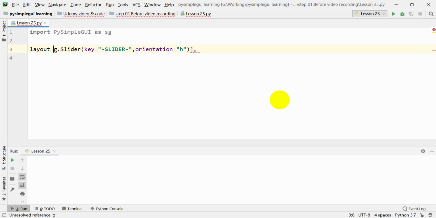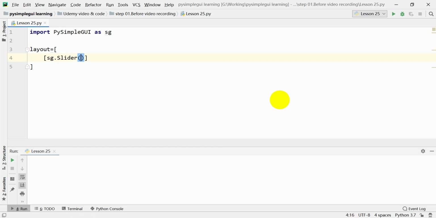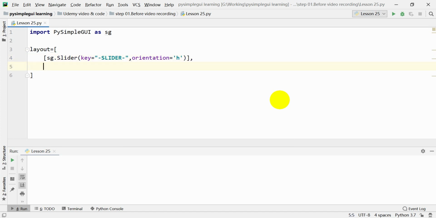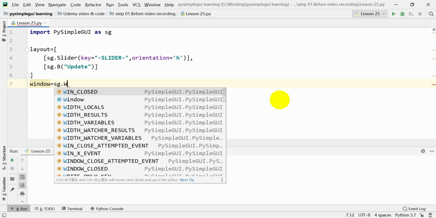Wait, let me rewrite this to get the format right. Slider, key with it. Key equals slider. And then we give this an orientation is horizontal. And then let's give it a button to update this, because we're going to be talking about updates. Update, and then window, sg.Window,